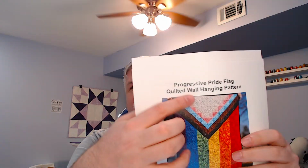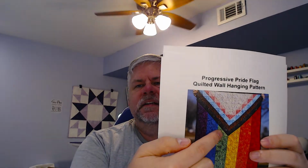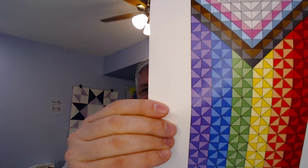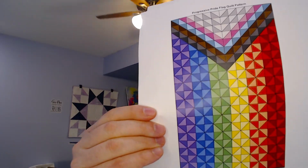The pattern, I did not notice this when I saw the sample in the booth. I had noticed that up here was a whole bunch of half square triangles. I knew that, but everything down here, all of that texture, is individual half square triangles. So the layout shows you every piece is a half square triangle,